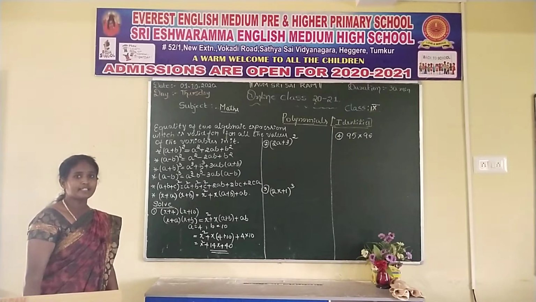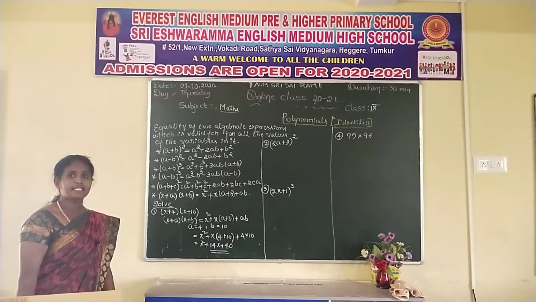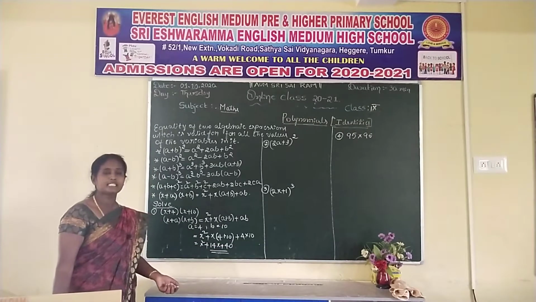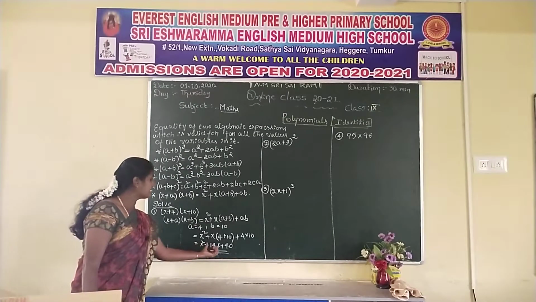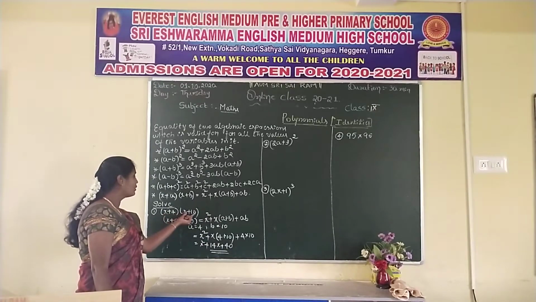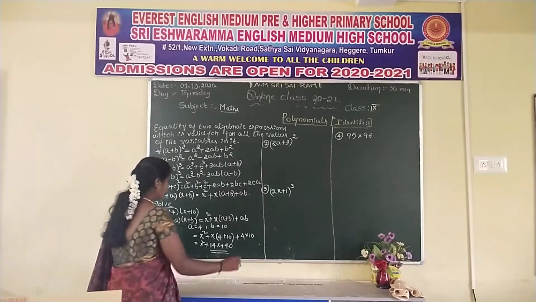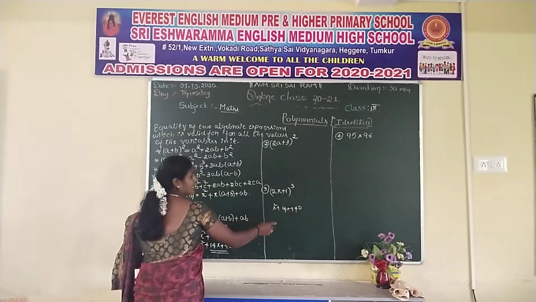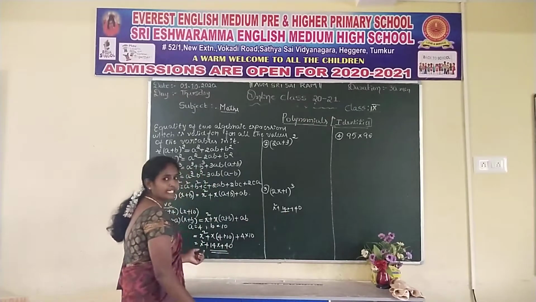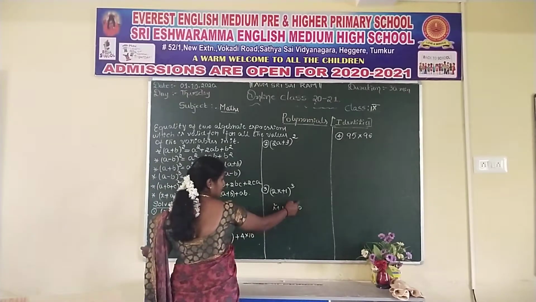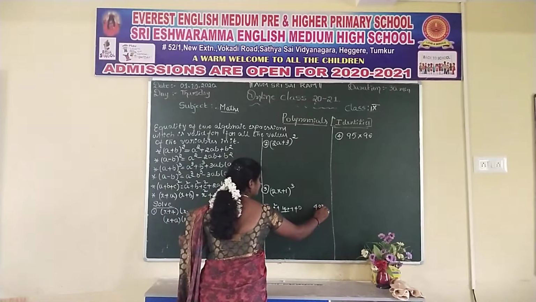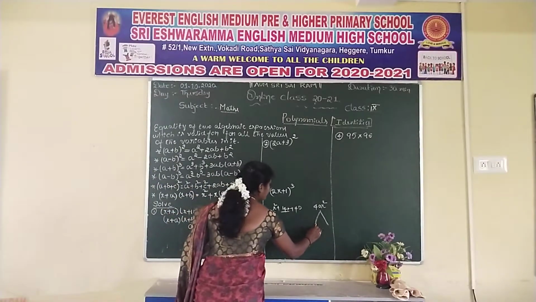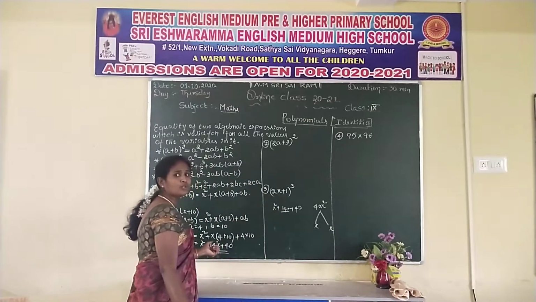In the last class we did factorization, which means how to split a polynomial expression. x² + 14x + 40 is a polynomial expression. If you factorize this, you will get (x + 4)(x + 10). I'll show it now. For x² + 14x + 40, the center term is 14. You should multiply the first term and the last term, which gives 40x². You split that 40x². Which letter do we use here? x and x.